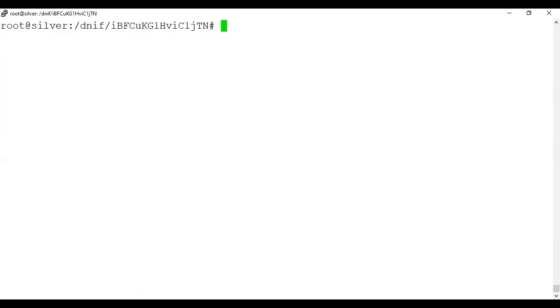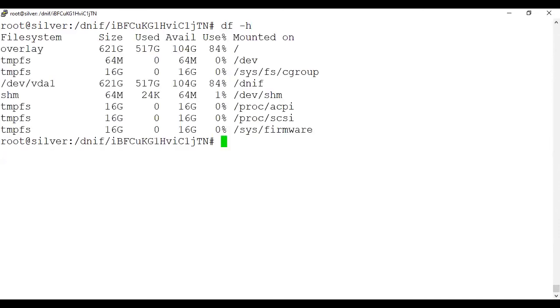Now at the same time I want to do a backup or any checkup. So you want to see what your memory is. That is called checking your disk space using df space -h, and you can see how many overlay memories there are, size, used, available, percentage, where it is mounted, root location, and folder inside folder. You can see all of it over here. So this is a very good way to work ahead.